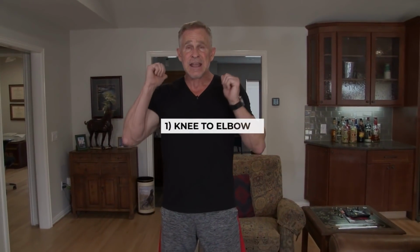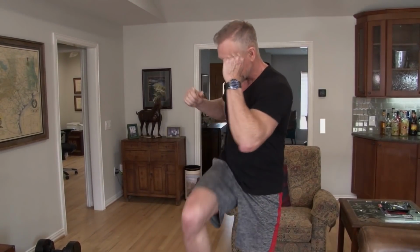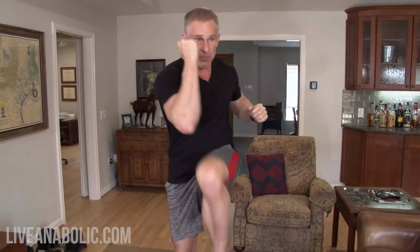So the very first exercise is something called a knee to elbow. What we're gonna do is cross over from side to side, and I'm just gonna bring my knee up to my offside elbow. It looks easy, but you start doing this fast. You do that for 30 seconds, maybe 45 seconds. It's gonna really start to get you out of breath. But remember, at the end of that exercise, because it's circuit style, we're gonna move on to exercise number 2,